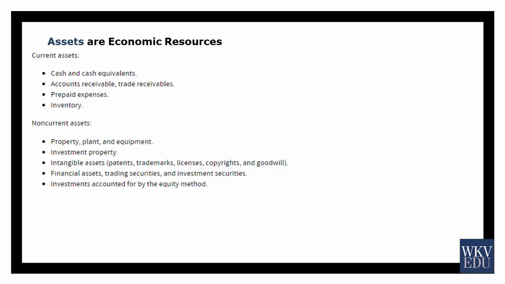Current assets include cash and cash equivalents, accounts receivable, trade receivables, prepaid expenses, inventory, among others. And non-current assets include property, plant and equipment, investment property, intangible assets, among others. You can clearly see that non-current assets are used to generate cash flow for the company. For example, there is a particular plant or a particular building or a particular infrastructure. Will that only provide benefit to one accounting cycle or 1 year or a very short time period? No, that is expected to generate or manufacture materials, generate cash flows for a very long time period,